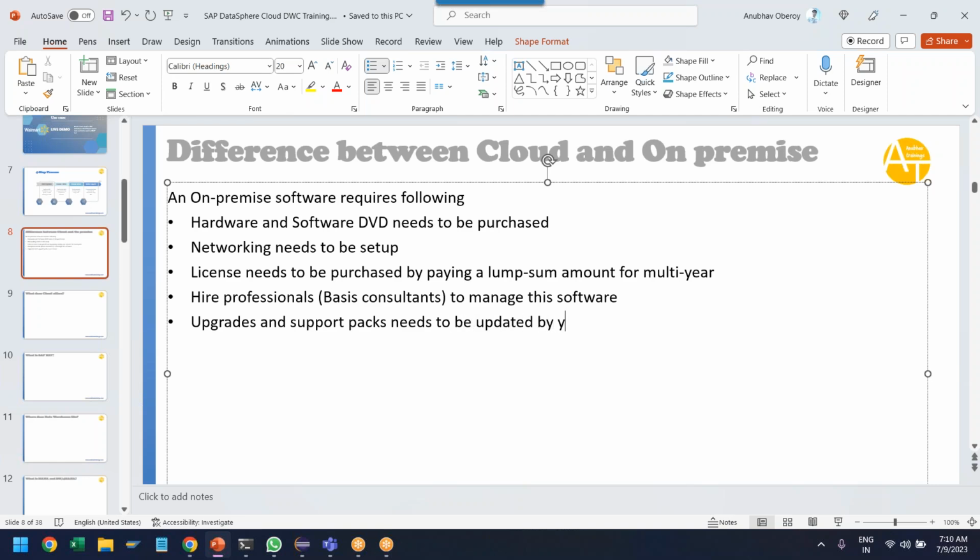need to be updated by your team. So if you are implementing an on-prem software, whenever a new feature, new upgrade comes, it is your duty to implement these upgrades, including testing. Very important. So after upgrade, you need to test your software yourself with your own data to make sure that upgrade was successful. There is of course some downtime